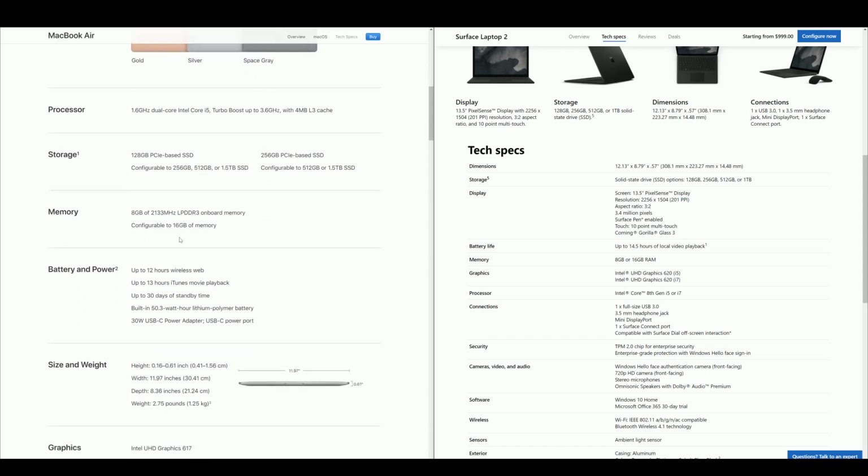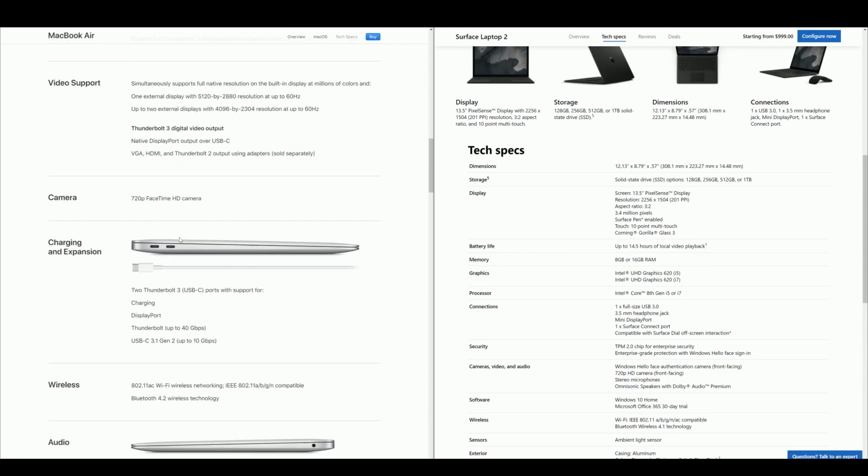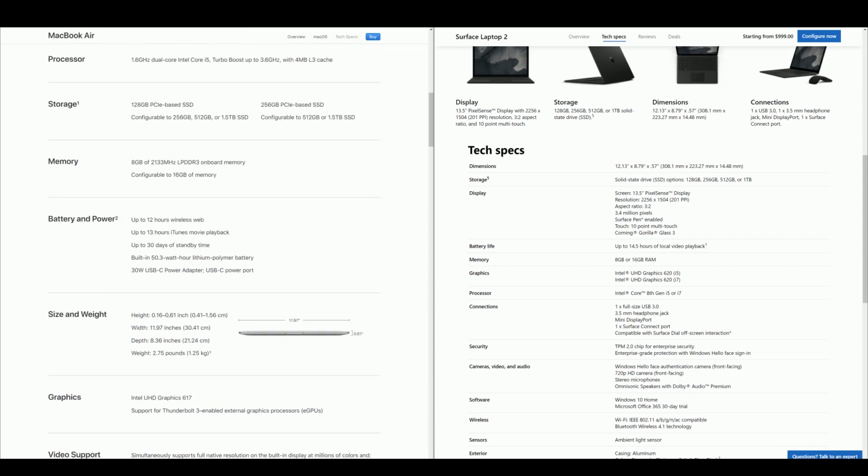But the problem here is when you scroll down to, where's battery? I may have passed it up here. Battery, looking for battery life. So up to 12 hours wireless web. There's not a great comparable benchmark on Microsoft's site, but if you look, 13 hours movie playback. If you come over to Microsoft's side, you get up to 14 hours of video playback. So that argument doesn't hold true very well, that the dual core is going to give you better battery life, because Microsoft and Apple are both clearly saying 13 hours on the MacBook Air and 14.5 on the Surface Laptop 2. So you're paying more money for a dual core, less battery life with a MacBook Air.